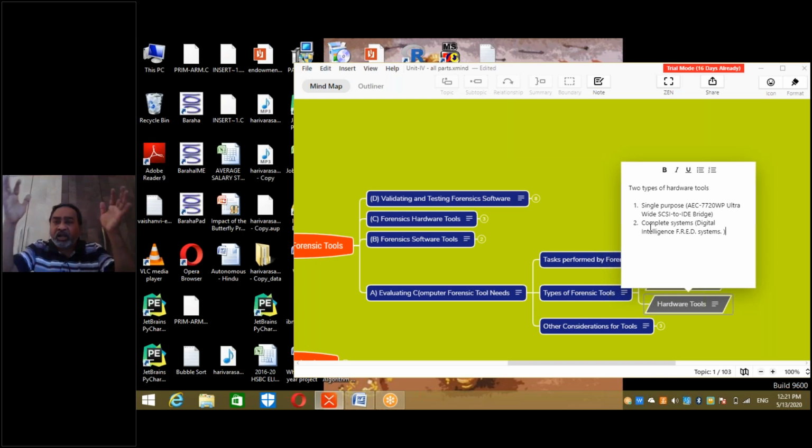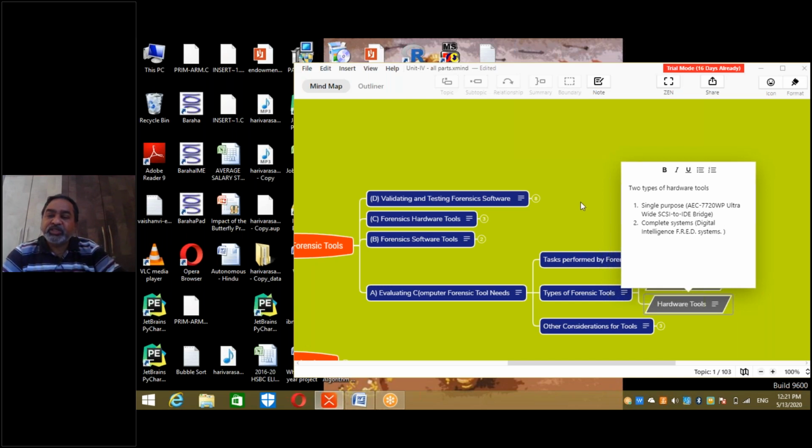All the tasks are done across the platforms. Such a huge setup is a lab. It's called a workstation. So hardware can be two types: specific purpose tools and general purpose, more wide workstations, general purpose tools, complete systems.